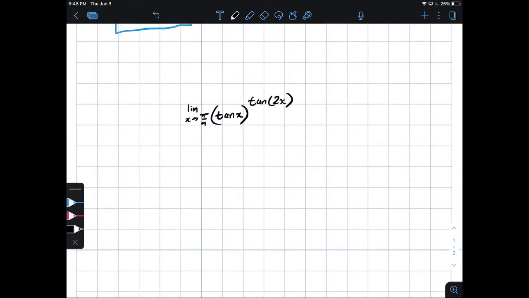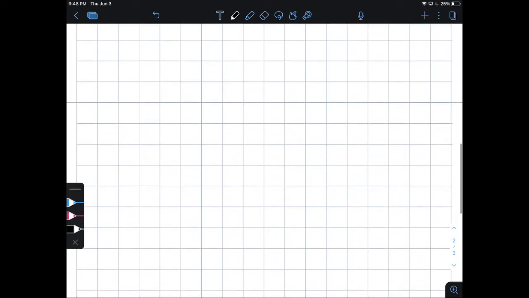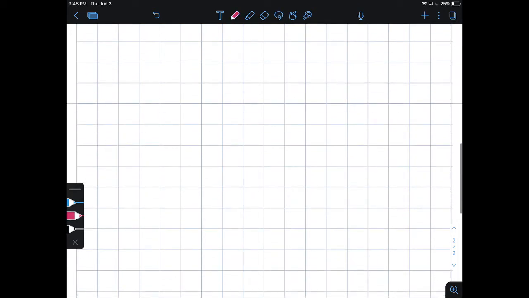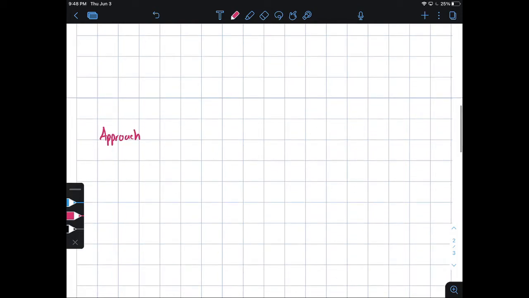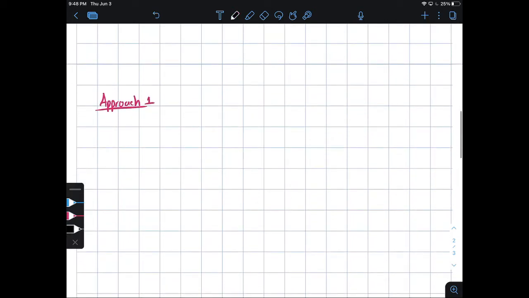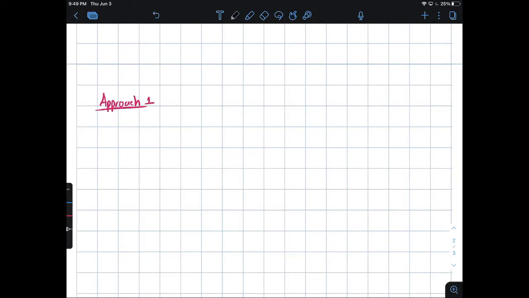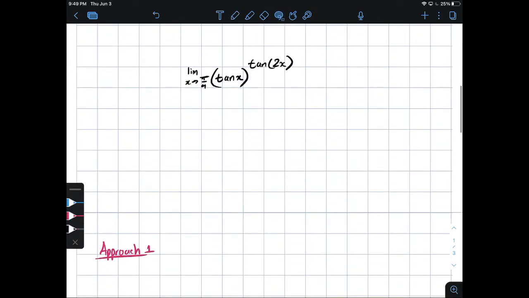Anyway, what I'm going to do is copy that. So this will be our approach number 1. Because we can use the form we just created, our little identity, or we can just approach it trigonometrically. So we will say that,